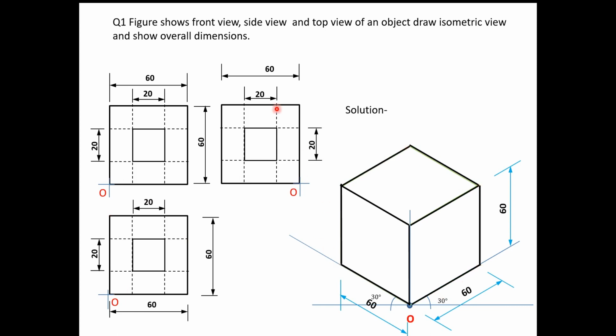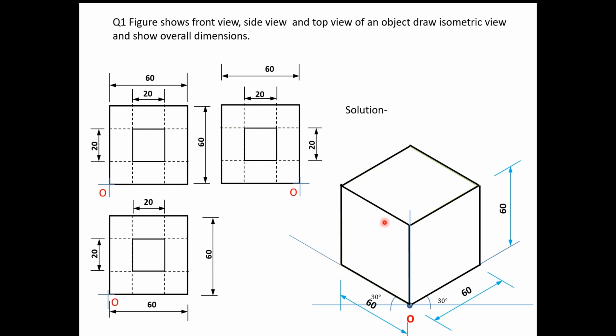Now if you see here, there is a square hole in the left hand side view. Okay, that is visible, you can see this is a hole, here also this is a hole, and here also this is a hole. So these holes are throughout, so that's why these edges become dotted. Okay, whenever there are hidden lines, those lines we draw dotted.